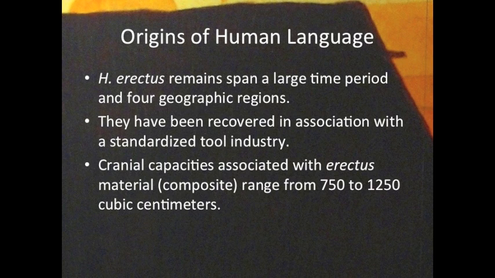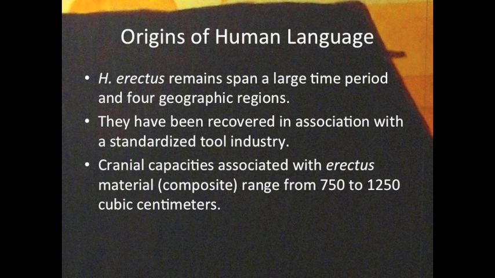I believe one of the most important and unique qualities of Homo erectus, when we look at its imprint or impression in the fossil record, is archaeological in nature. In terms of erectus material, and you would have covered this in your readings, we have a standardized tool industry, very often associated with the Acheulean hand axe, a standardized tool type that is associated with an important erectus site, in this case, Saint-Acheule. What we must ask ourselves is, what are the cognitive qualities that are requirements for having a standardized tool industry across at least 4 geographical regions?